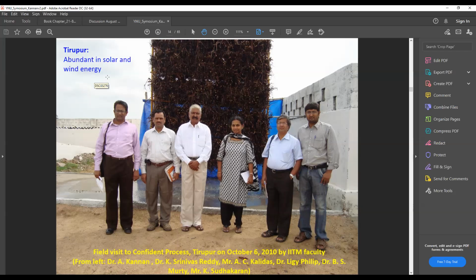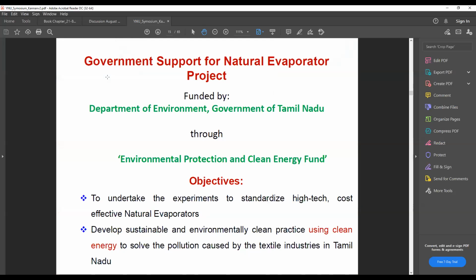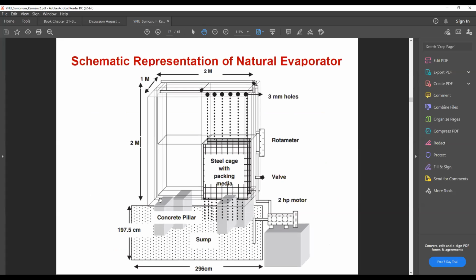So we got this idea, and we developed it further, and we got funding from Department of Environment, Government of Tamil Nadu, and through the Environmental Protection and Clean Energy Fund. So the mandate was to develop and standardize cost-effective natural evaporators, and develop sustainable and environmentally clean practice using clean energy to solve the pollution caused by textile industries in Tamil Nadu. So what we did was we started to develop a proof of concept